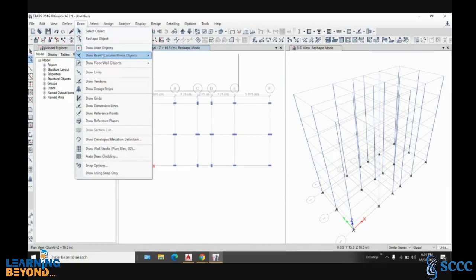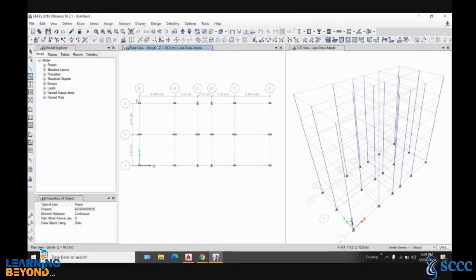In draw beam column face, first we have seen how we can draw the columns. Now we'll draw the beams by quick draw beams and columns method, and I will see that 230 by 450 beam size is selected. Or if I want something else, but we are having only one, so there is only one beam and column.